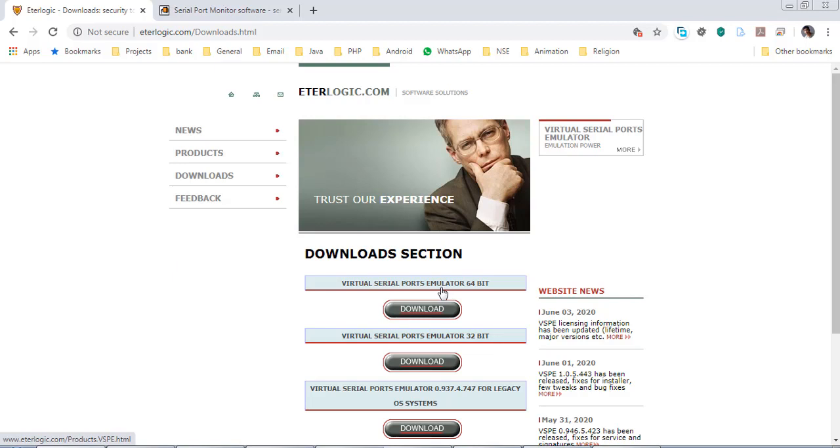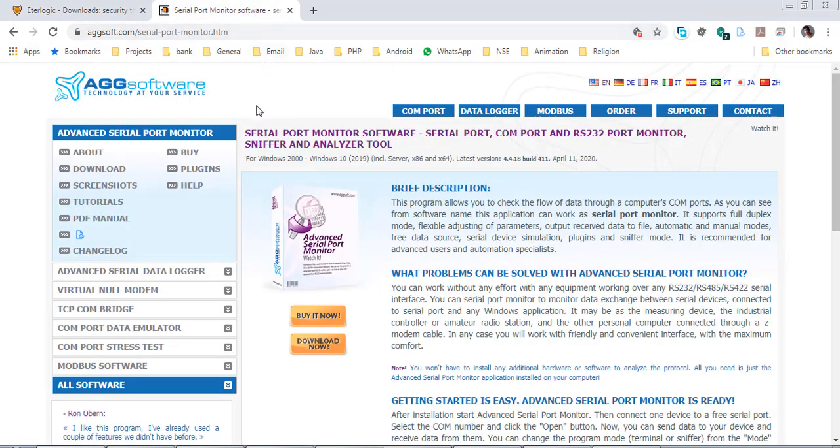When you install this software, it creates a virtual serial port, like a COM port, but it is virtual, not physical. So it behaves the same as if you had connected external hardware through a USB to serial converter.